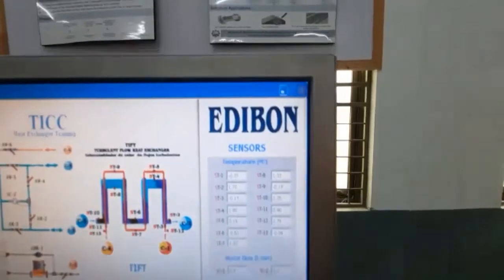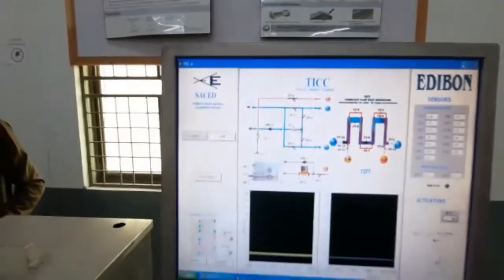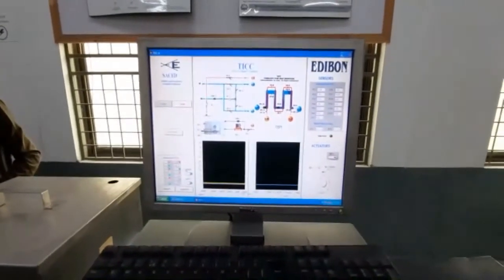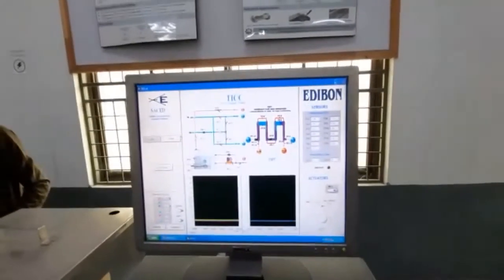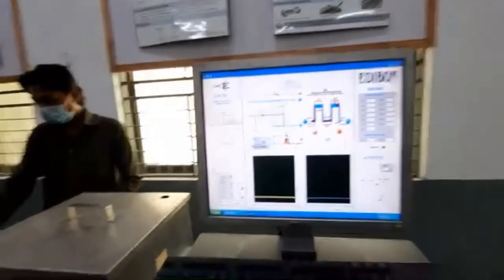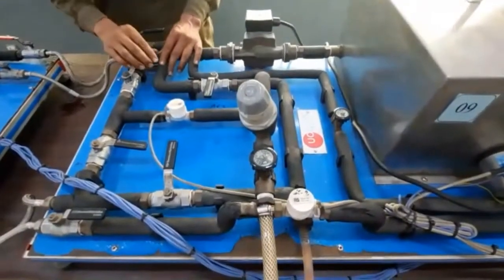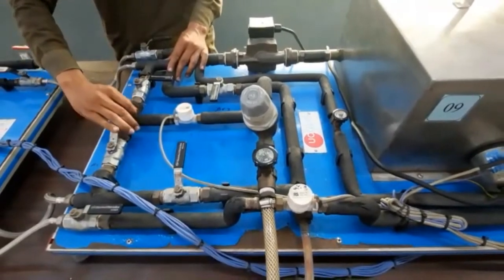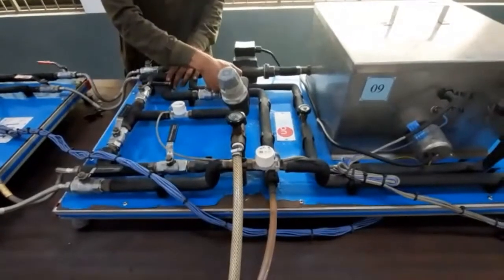We will measure the values of temperature from this computer unit, which is attached directly to the main console as well as the heat exchanger. So in this way we will get the values of temperatures. Now we can change the heater value of hot water temperature. For example, if the first reading we have taken at 40 degrees, we can take different readings at 50, 60 or 70 degrees.